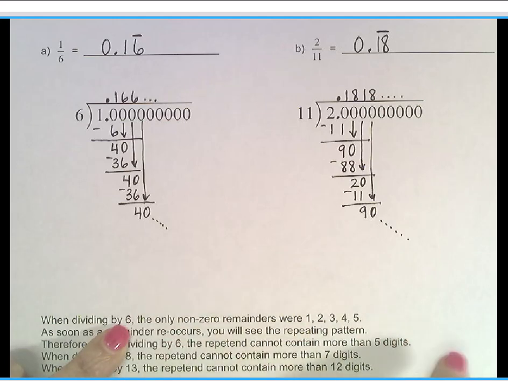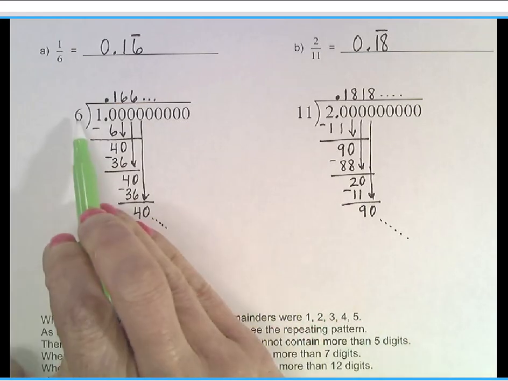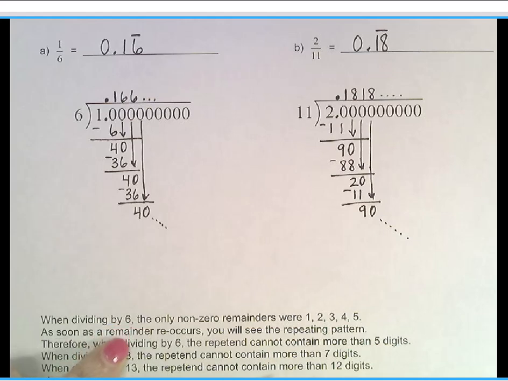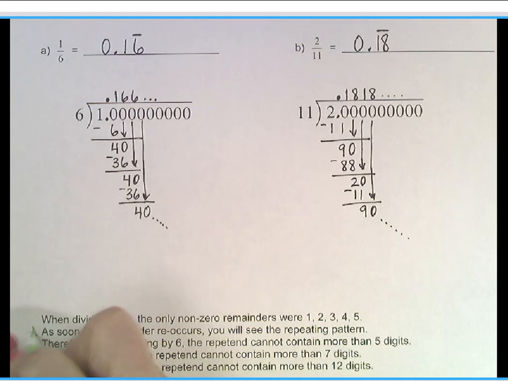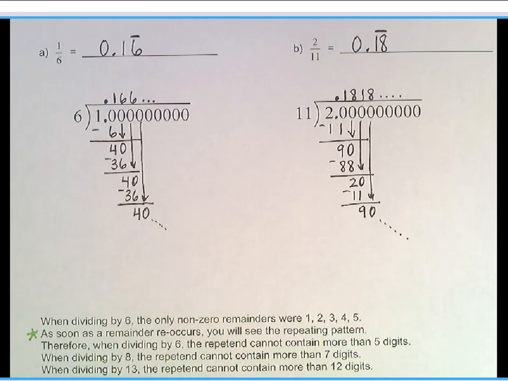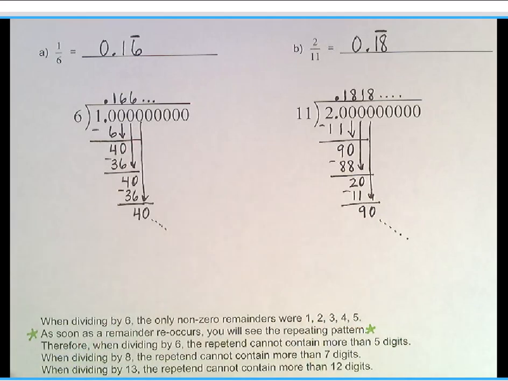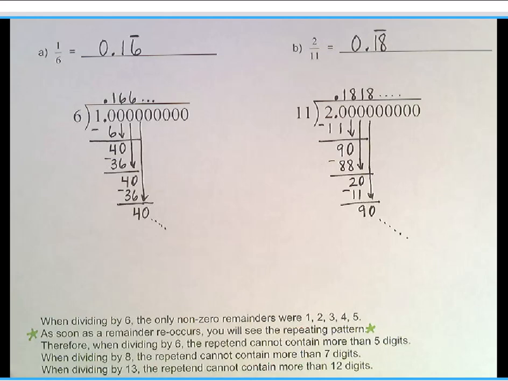So you didn't divide it enough times. You should only get remainders that are less than this divisor, 6. As soon as a remainder reoccurs, as soon as you see a duplicate remainder, you've latched onto the repeating pattern. So if there's only 5 remainders you could get, that means that this repeating block can't contain more than 5 digits. It just can't. So if you're dividing by 6, the repetend, the repeating block, will not have more than